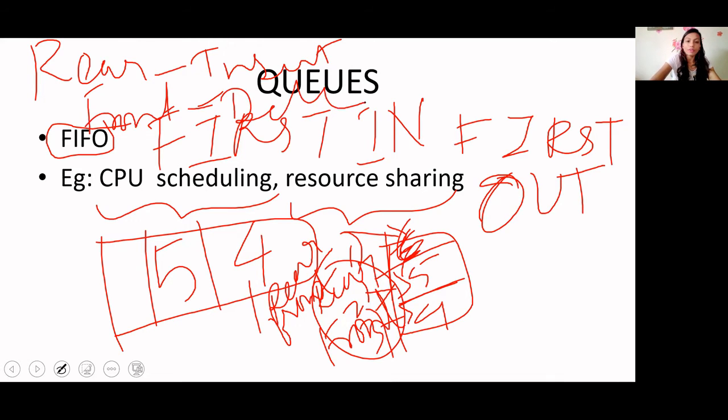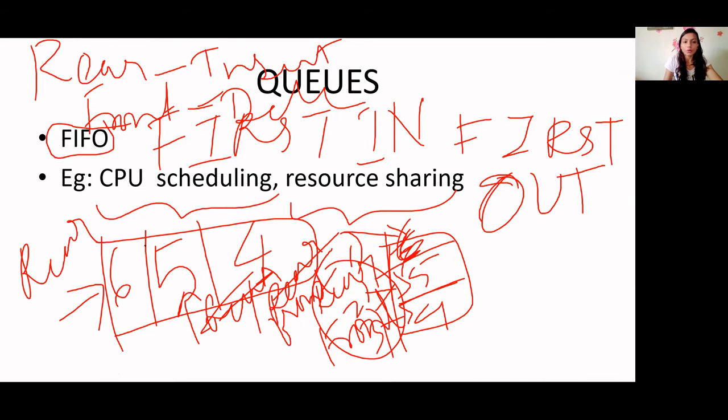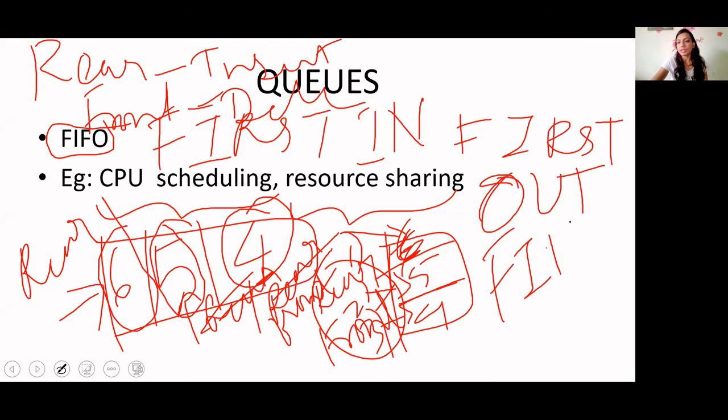Okay? So when I insert, rear will go here. Maybe I'll insert one more value, so rear will be here. Okay. So this is how your queue works. Now if I go to delete, can anyone tell which value is getting deleted first? Yes. So it is deleted from 4. Which did I insert first? 4. 4 will be deleted first, then 5, then 6. So it is called FIFO. Which I have inserted first will be deleted first.